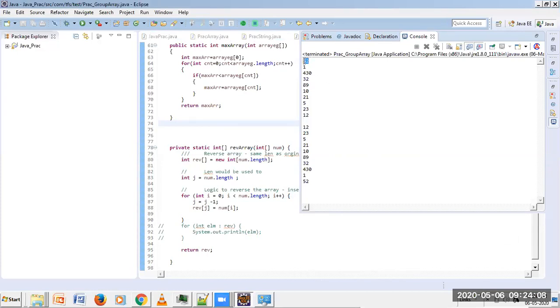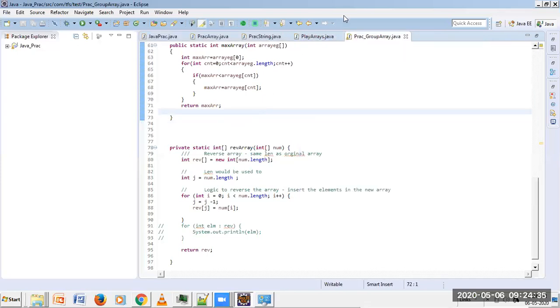So I have to compare the zero position with the last position, the first position with the second last, the second with the third last. In this way, when I compare this array with the other array, I'll have to compare all the elements to see that my array is reversed and the reverse of reverse is working properly. Hope all of you are clear with this understanding.